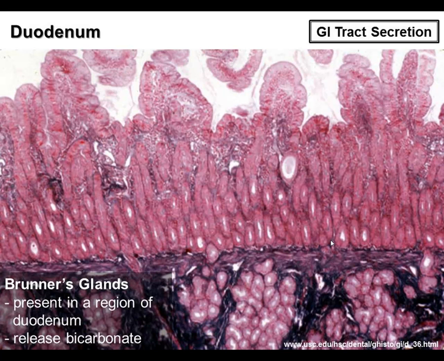Or the stomach secretion. So as the fluid is passing from the stomach to the intestine, you would want that to be neutralized by HCO3 or bicarbonate, and that will be done by Brunner's glands, and these will secrete HCO3 to you, and you can see a picture of the Brunner's glands here. Okay,